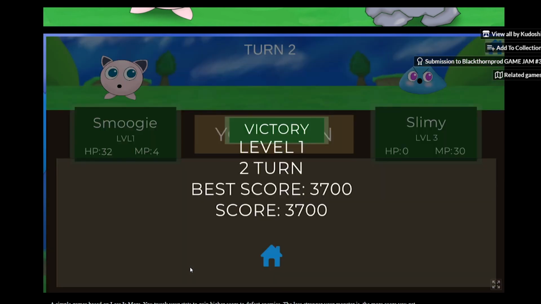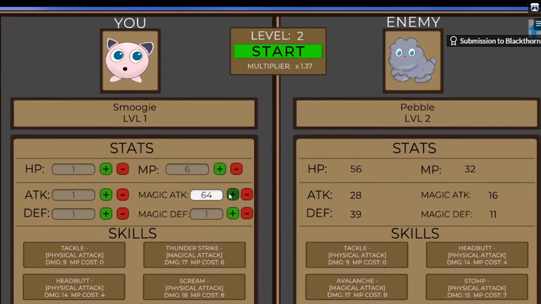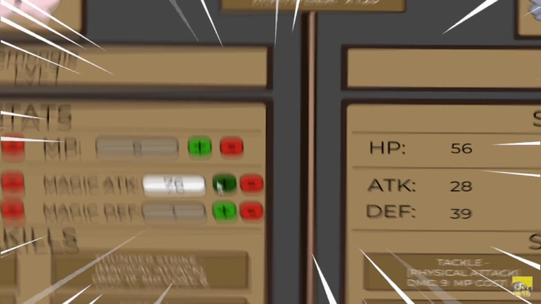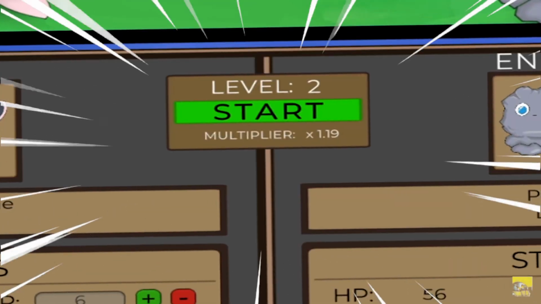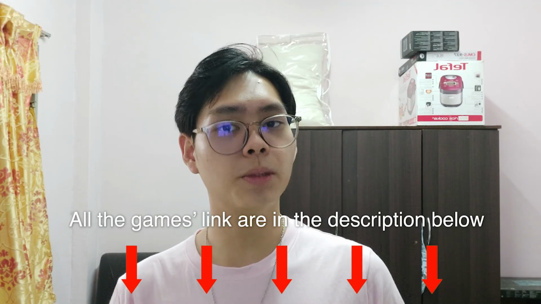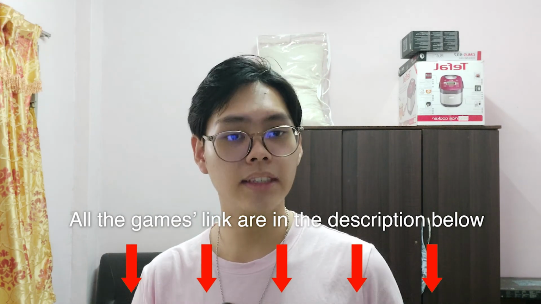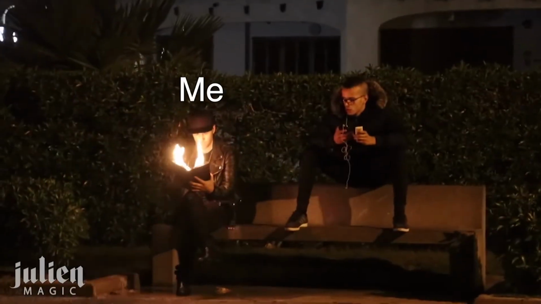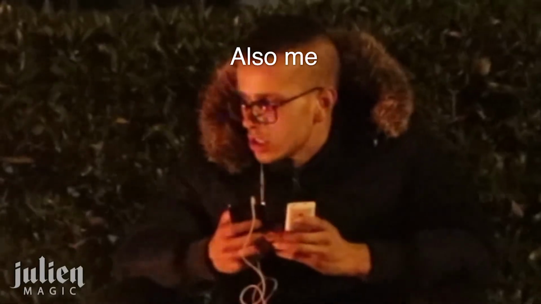So the idea here is that you adjust your monster's stats just enough to defeat the enemy to gain as many points as possible. I will put the link in the description if you want to try and exploit the game mechanics yourself. And for the next 2 weeks, I focused on my studies until